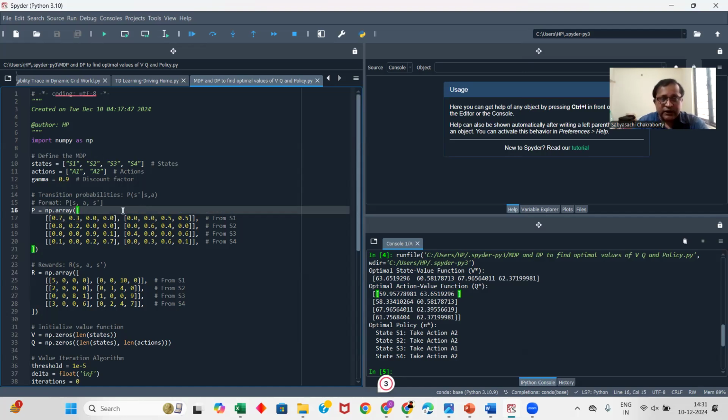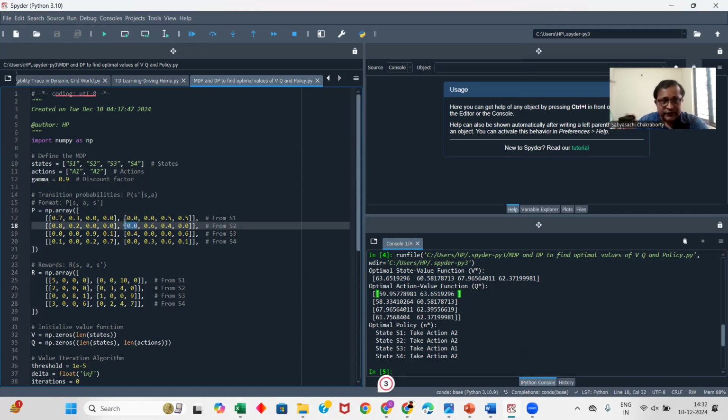Similarly, if the agent is in state 1 taking action 2, there is no probability of having a transition to state 2. There is 0.5 probability of transiting to state 3, and 0.5 probability of transiting to state 4. In this way, now starting from state 2, the second episode. So assuming state 2 as the current state,